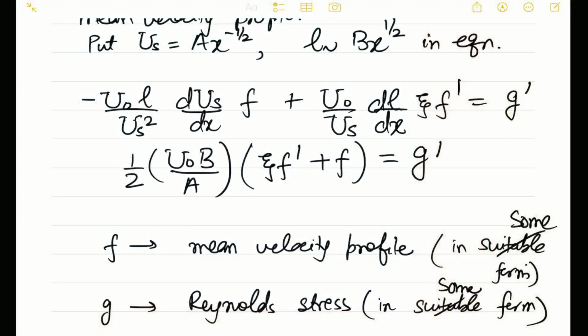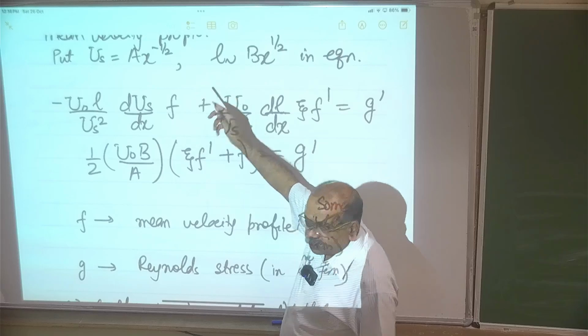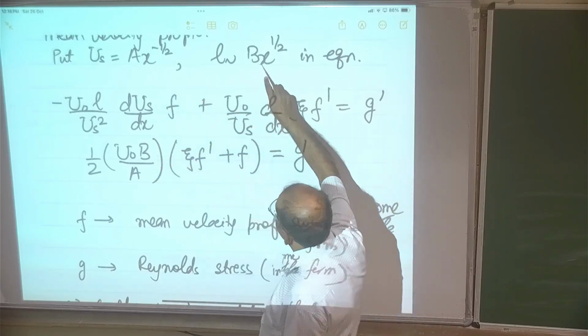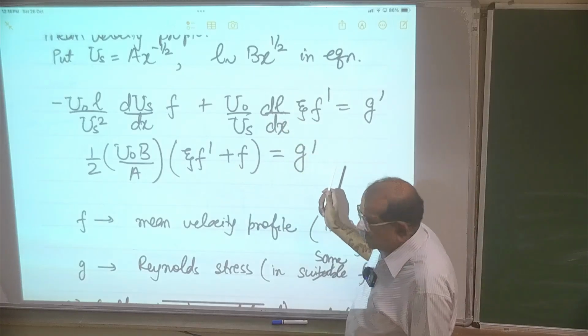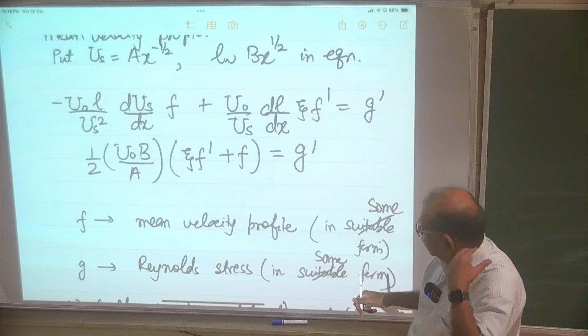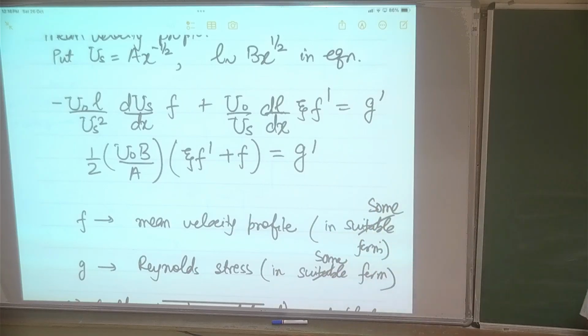Let's just see. So this is the equation. Now here u0 of course we had assumed to be constant. b and a are constants because they are the coefficients of us and L. Okay, and then we get this equation. And this is where yesterday I said, and again when I did this,